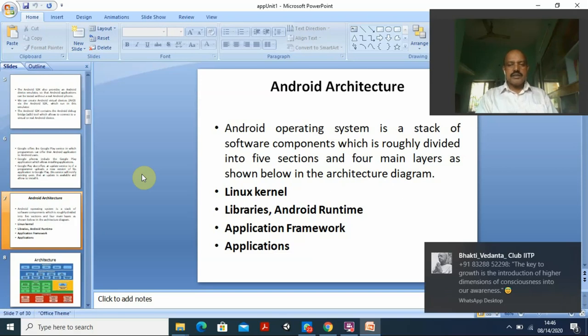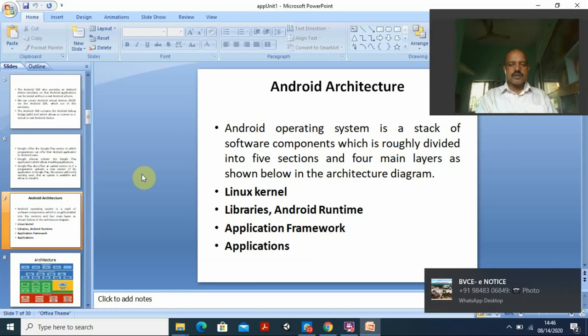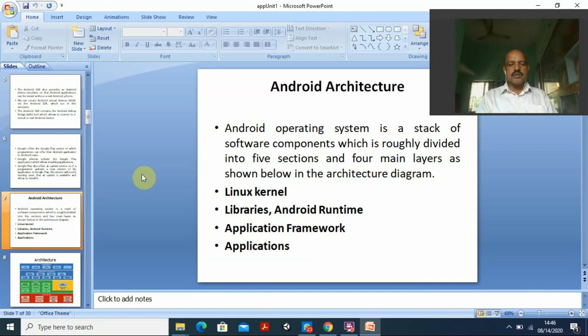This Android operating system is a stack of software components which is roughly divided into 5 sections. We have 5 sections, and the entire Android operating system we can consider as a stack. Stack means one above the other.